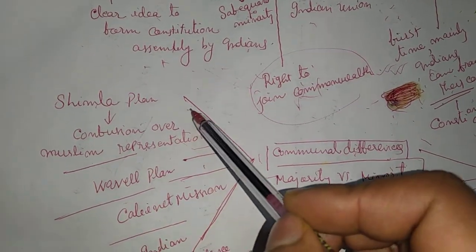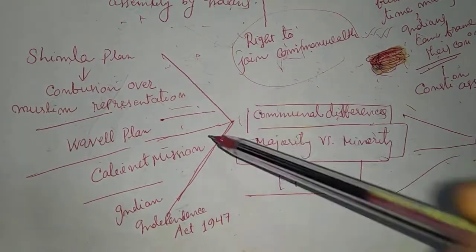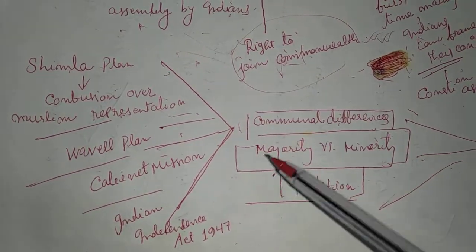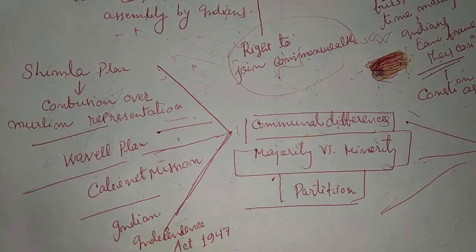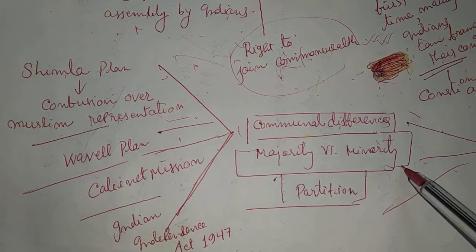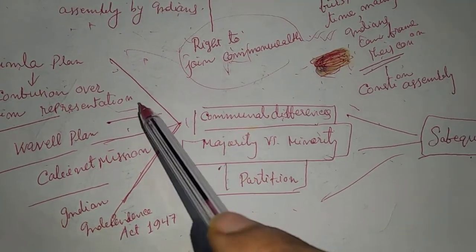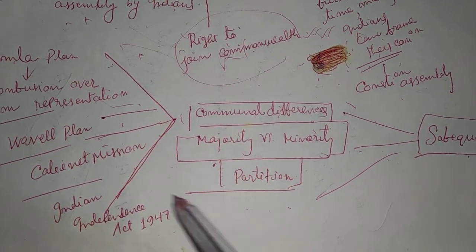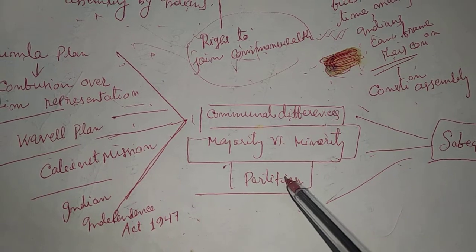After that, you will find various plans like the Shimla Plan, Wavell Plan, Cabinet Mission, and Indian Independence Act, and all these prevailed through a very depressing stage of communal violence, majority versus minority conflicts, and at last partition. Though India finally got freedom in 1947,